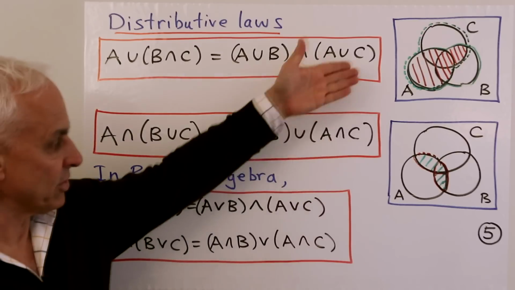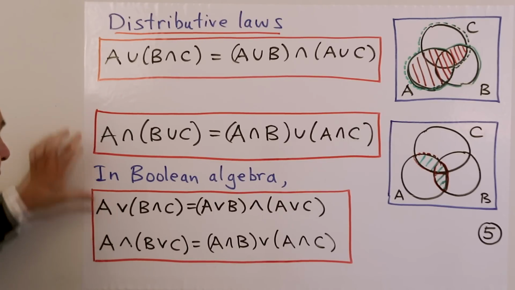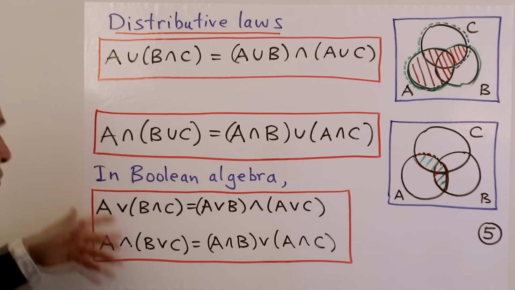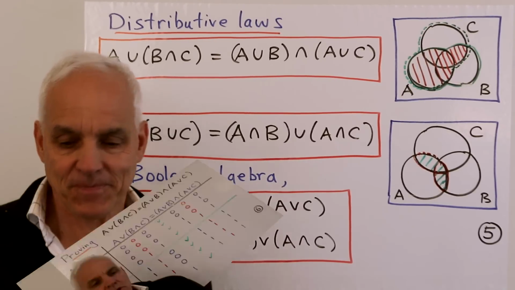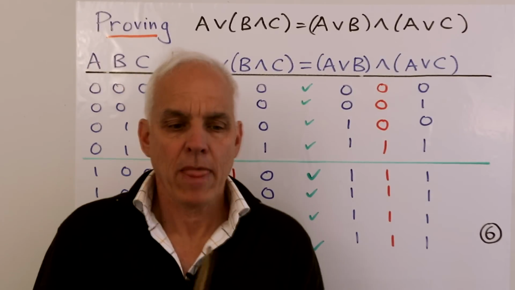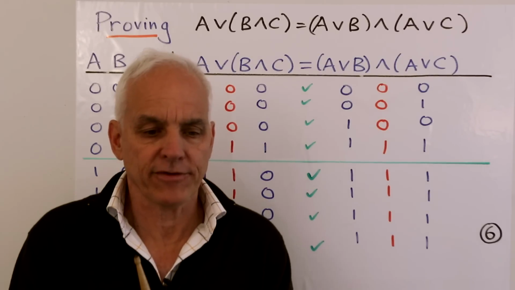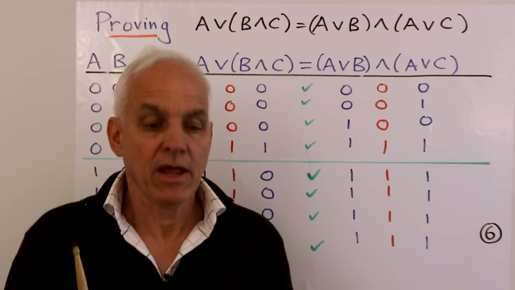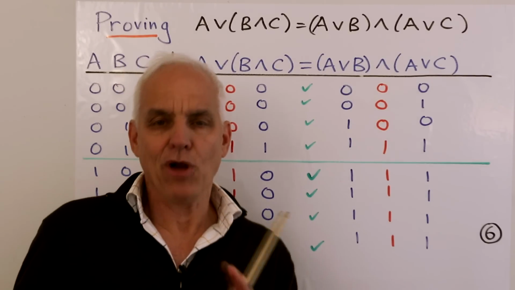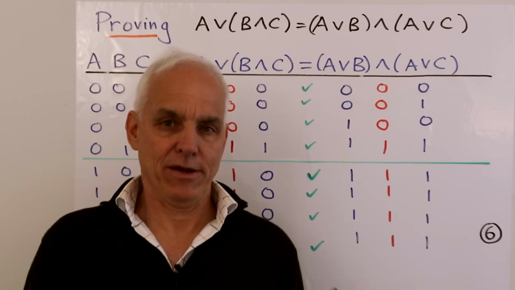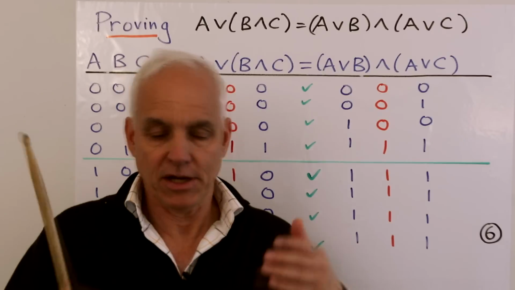So the Venn diagrams allow us to see the validity of these laws, and here is just a rewriting of the same laws using the Boolean V's and wedges instead of unions and intersections. I want to have a look at one of these distributive laws, and I want to show you a standard way of proving or illustrating this law via a truth table kind of argument. And then I also want to employ the algebra of Boole, which is what we're really interested in, and show you an alternative way of thinking about the same thing algebraically. And hopefully this will also bring the connection between the logic and the set theory together.